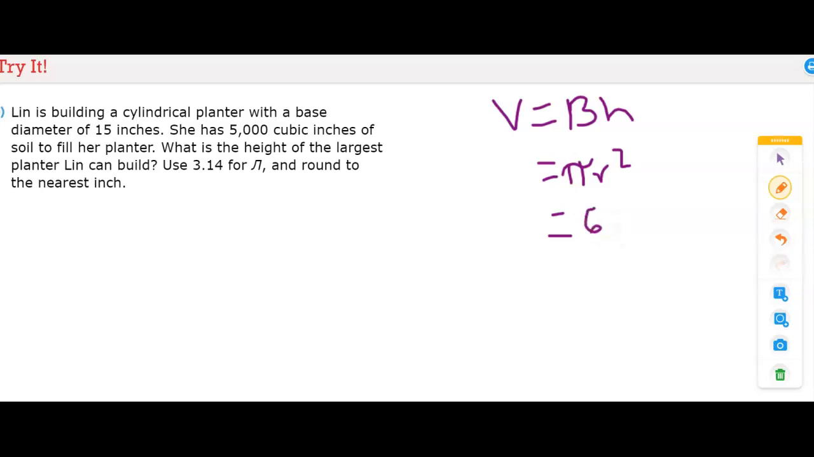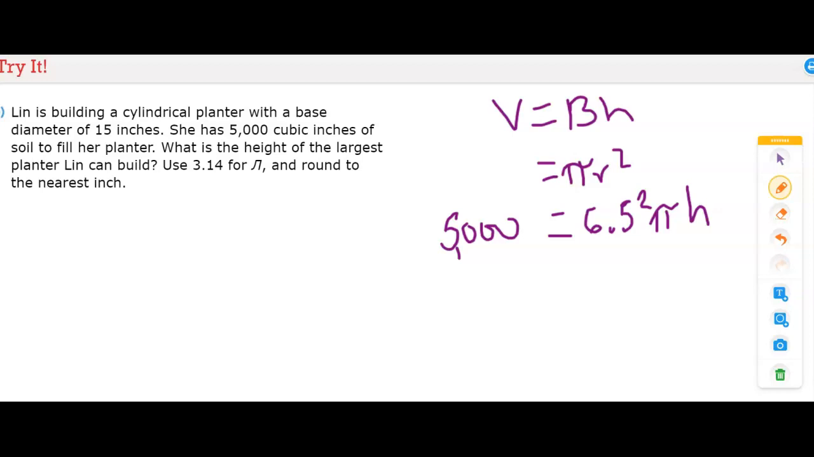So 6.5 squared times pi, and then for our height, we don't know. So that's what we're solving for. So we're going to put our height, and then the volume is 5,000 cubic inches. So they give us that. Alright, so we've put in everything we know. Now we need to solve. So 6.5 squared